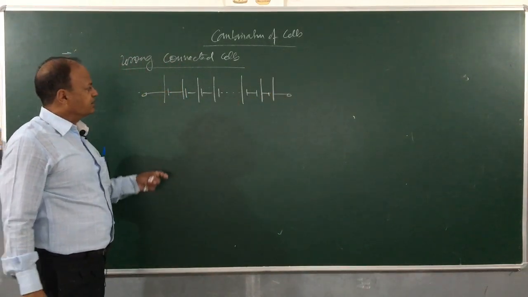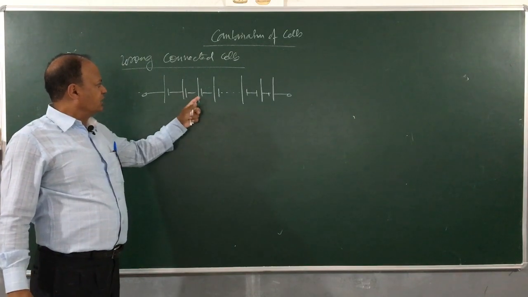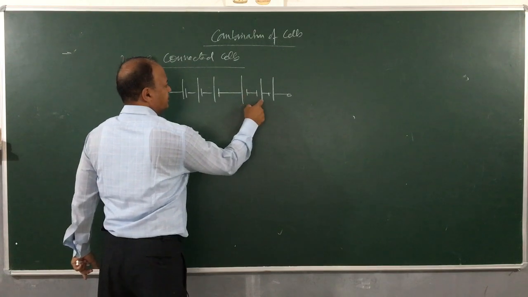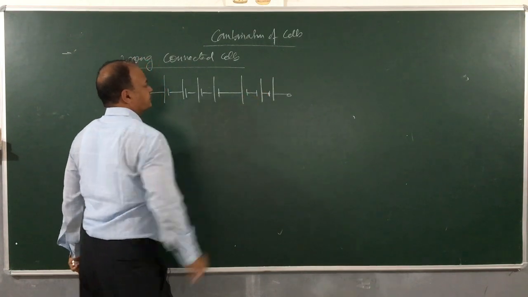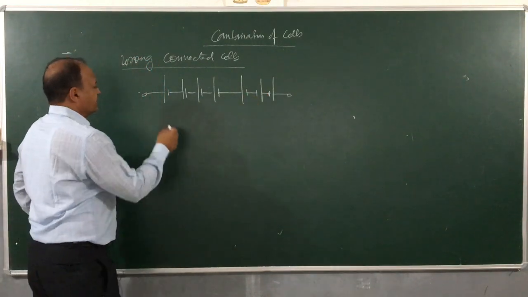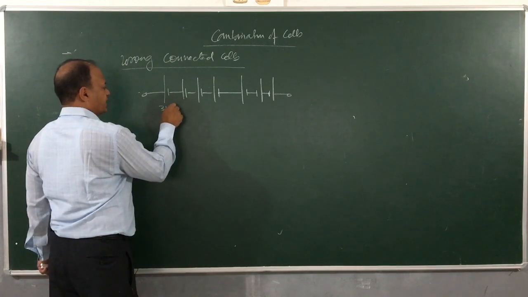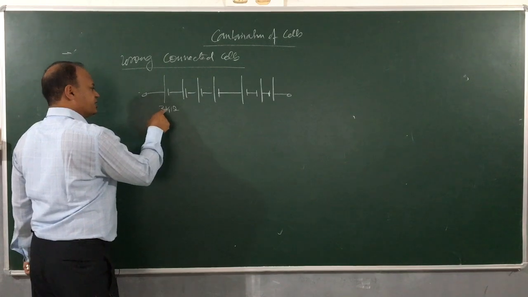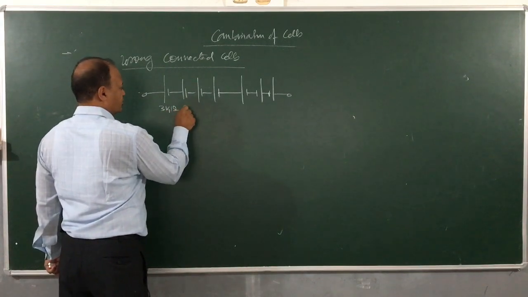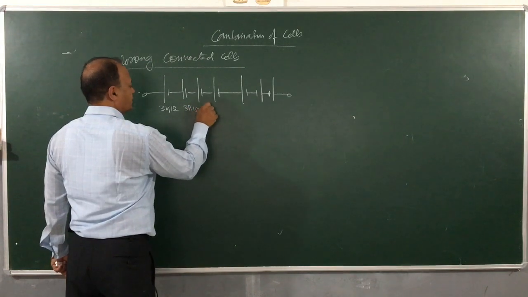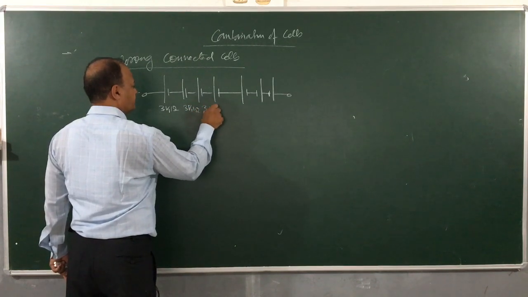How many cells have connected? 1, 2, 3, 4, 5, 6, 7. You study carefully. Let us say the EMF of each cell is 3 volts, internal resistance is 1 ohm. So this is also 3 volts, 1 ohm, 3 volts, 1 ohm. It goes on,